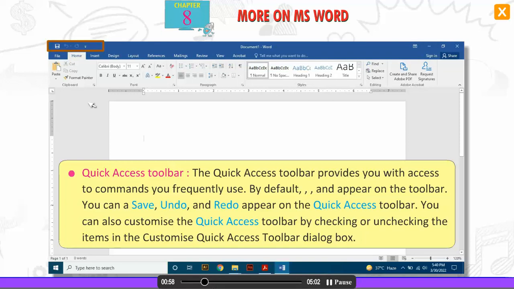The Quick Access Toolbar provides you with access to commands you frequently use. By default, Save, Undo and Redo appear on the Quick Access Toolbar. You can also customize the Quick Access Toolbar by checking or unchecking the items in the Customize Quick Access Toolbar